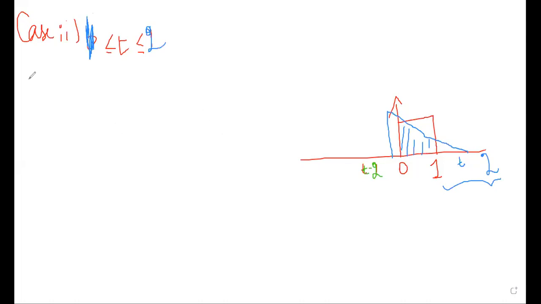The next range is, so now I have to write my output. z of t is equal to, and I have shown you the shaded portion. What are the limits? 0 to 1. Very good, 0 to 1. And here, since it is overlapped, the amplitude of x of t is always 1, multiplied with a ramp signal. The ramp signal I will represent by t minus tau. So now it is your work to complete the integration.